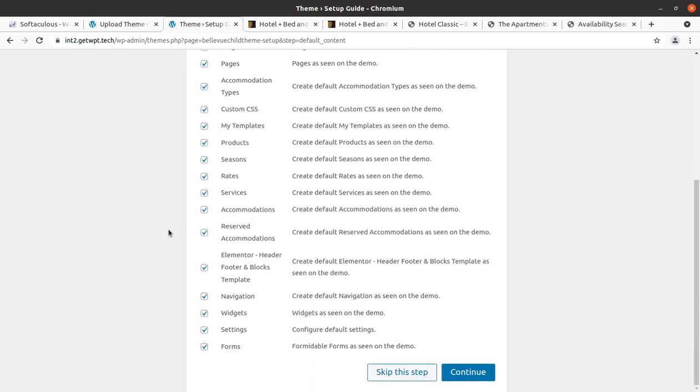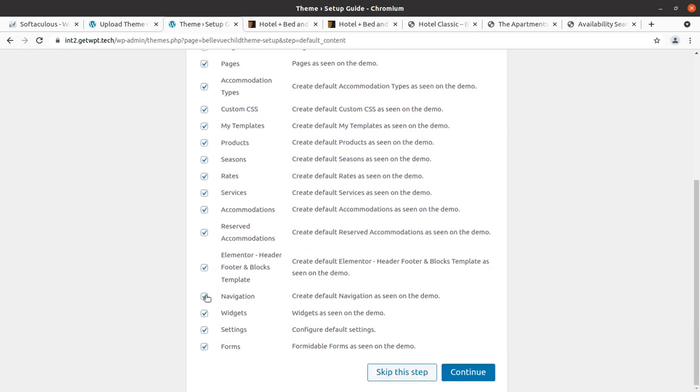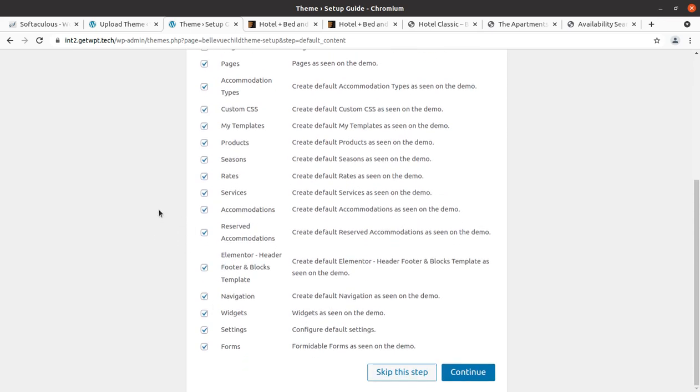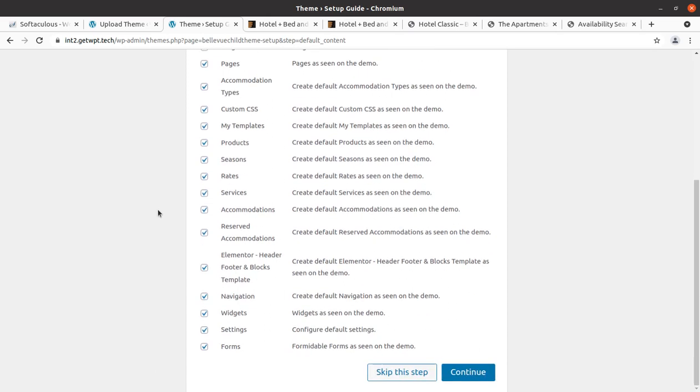So as it is a very first installation and it is a clean website, we don't have anything on our website as of now, so we can consider importing all the elements, all the contents, and here we can even select what we don't want to import on the demo website. So it is up to you, but to feature and showcase, I will import the complete content here, and all has been selected, all has been checked by default, and I am continuing this.